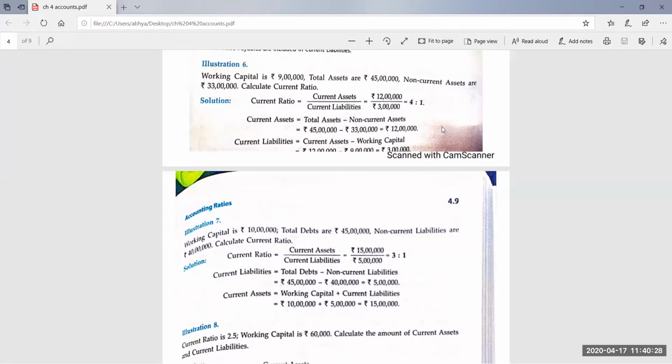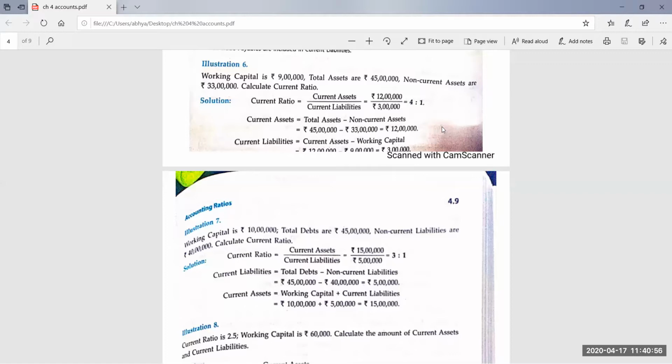Yes, students, find out the value of X. Yes, Mitali, you have given me the correct answer. Very good, Mitali. Then Anshika Sharma, not correct. Then yes, Anmol, you have also done correct. Siddharth, correct. Ayush, correct. Anushk, correct. Very good. Anushk, you have given me the value of current liability.